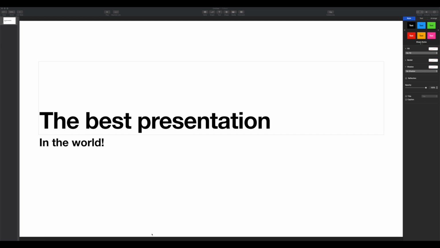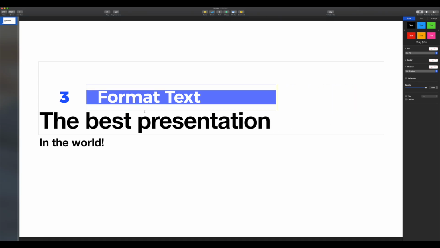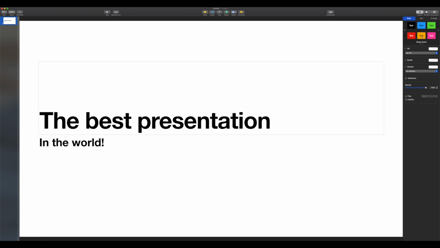Okay, so we have our text. Let's go ahead and look at how we can now format the text that we've created. So I've clicked on my text box and you can see over on my format pane, I now have a few more options. So I have style, text, and arrange. So within this style section,